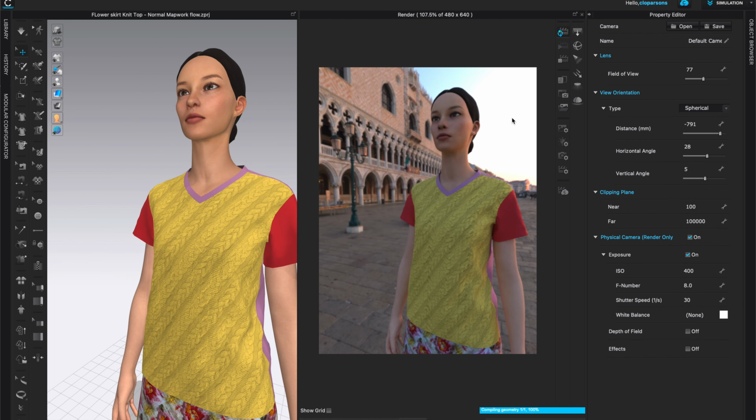Now if you want to change the focus of your picture, make sure that you're under Camera Properties, then come to the Property Editor and click on Depth of Field. And here also check Focus by left click. Now you have a little gizmo, a little check in your hand. So if you click on the face, for example, the face will become clear and everything else will be blurry. And if you click on anything else in the background, then that will become clear and everything else will become blurry.